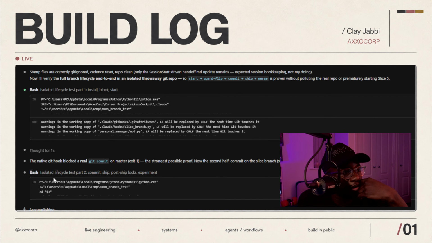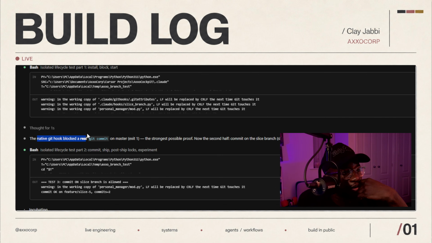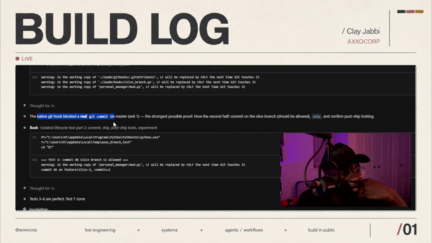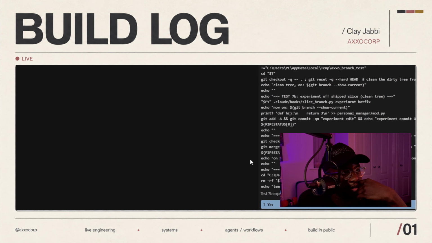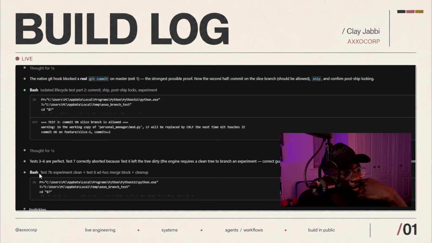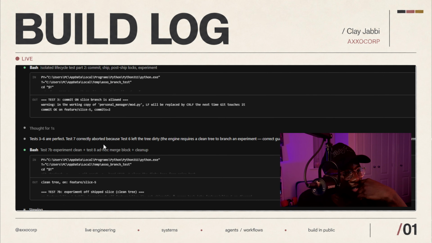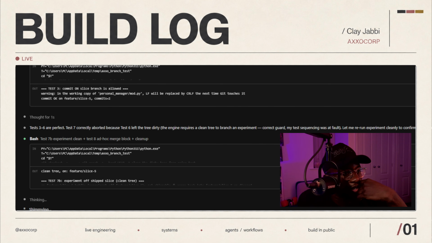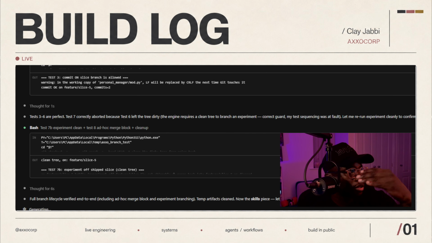Right, so where are we now? So the isolated lifestyle, so the native git hook blocked the real git commit on the master, the strongest possible proof. Now the second half of the commit slice branch, post ship blocking. So test 6 perfect, test 7 correctly aborted. Also, yeah, I just want to make sure that it's doing all of these things, because obviously we did lock it to a certain degree,